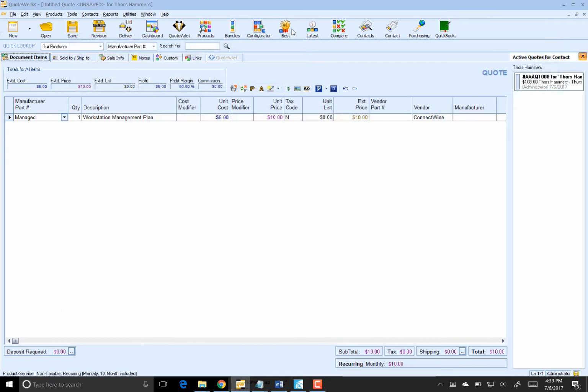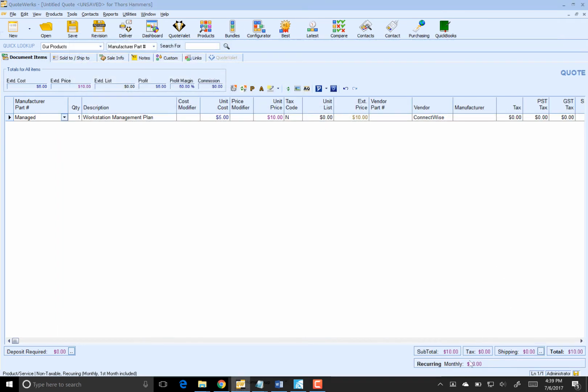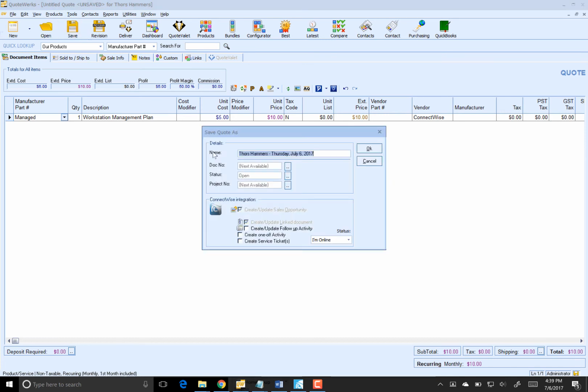And just like that, you can see that we've got our recurring amount. We didn't have to remember to set anything if this was monthly or quarterly. It just automatically came into the quote for us. So let's go ahead and save this